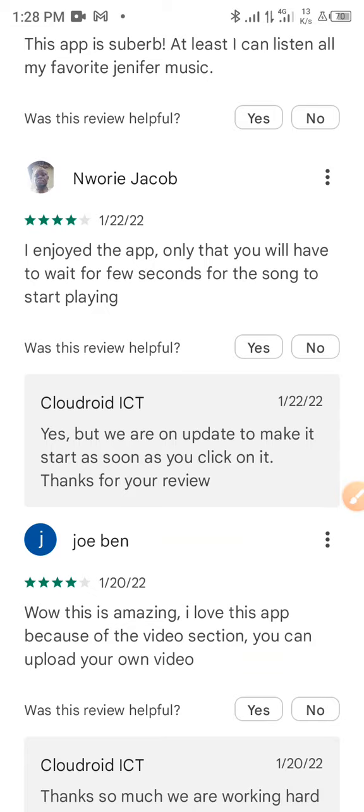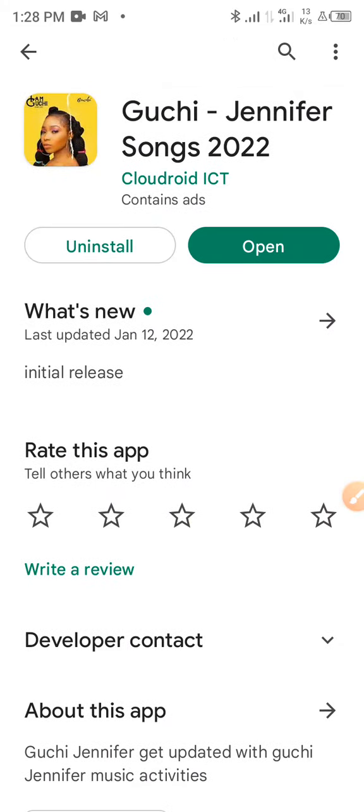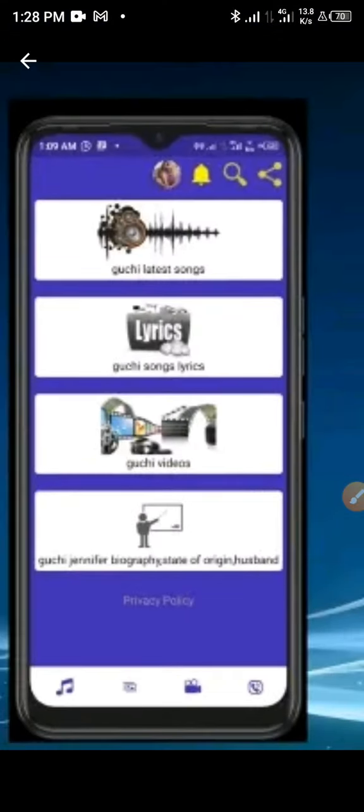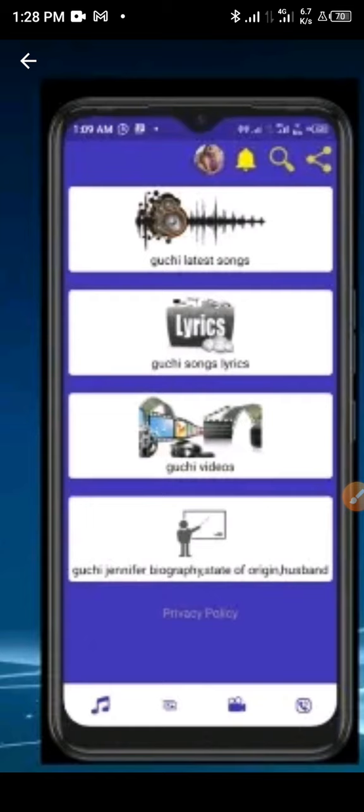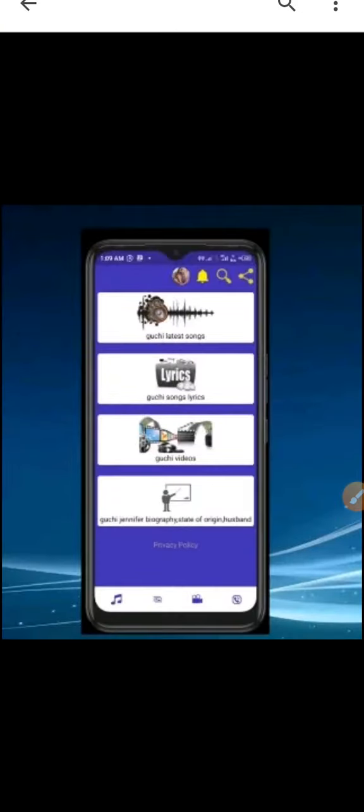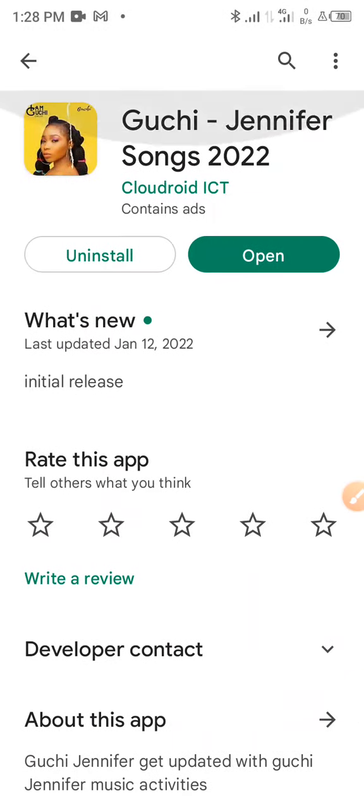You can see this app right here, this Gucci Jennifer song 2022, and this app is all about entertainment. When you check this image here, you're going to see that it's all about entertainment: Gucci latest songs, Gucci songs lyrics, all this kind of thing. This is basically for Gucci. All right, then for you to promote this particular app using this method of contacting the Facebook pages or group admin for them to promote this app for you, what you just need to do